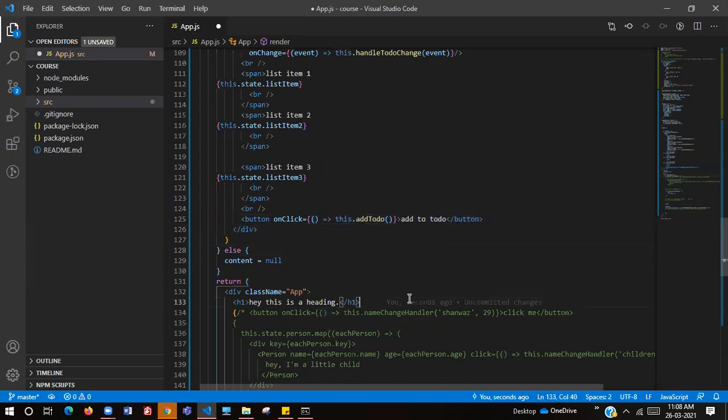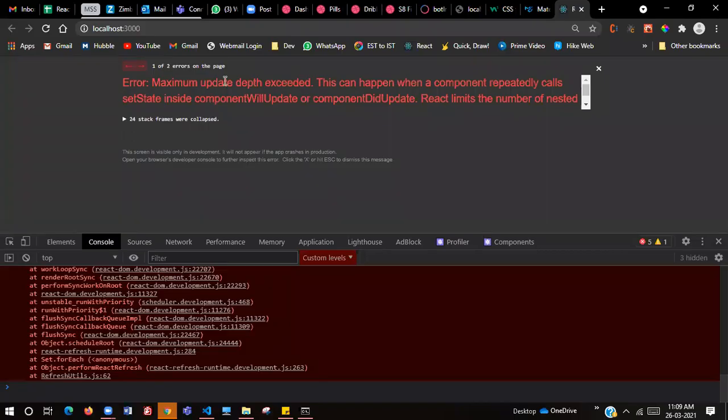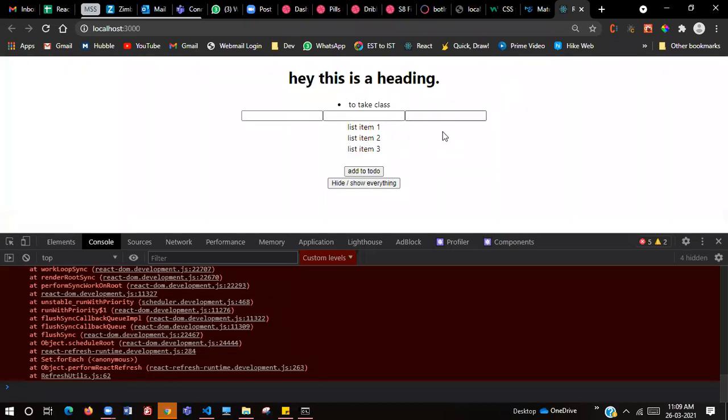Usually, after the addToDo, you have placed an open brace and close brace, right? Whenever you load the page directly, it will take it. But now you showed that we need to put the braces in the front. Should we not put the braces for the addToDo, or do we have to put it? No, we need to put it, on both the sides. If we don't do this, see, maximum depth. This can happen when, no, wait.